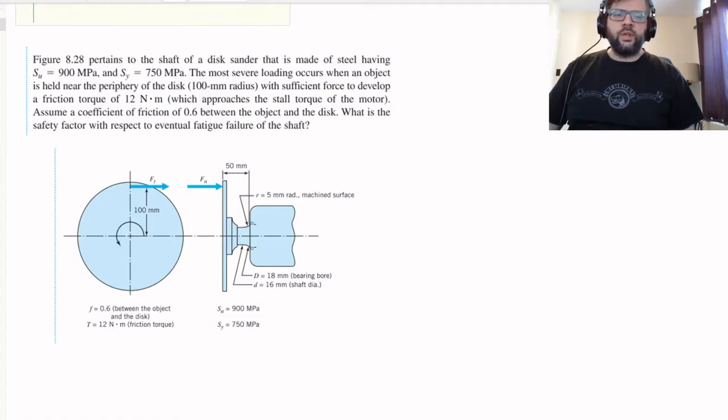Okay, let's have a look at one more of these. So I got this disc sander, and we want to figure out what the safety factor is for the disc sander with respect to eventual failure of the shaft. So what we're going for here,